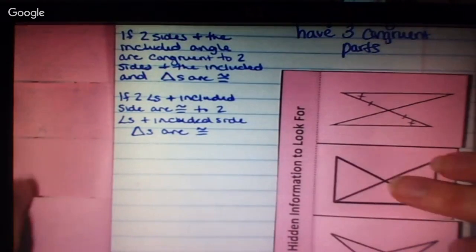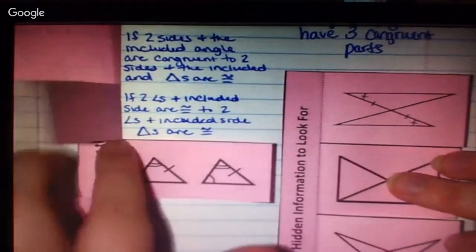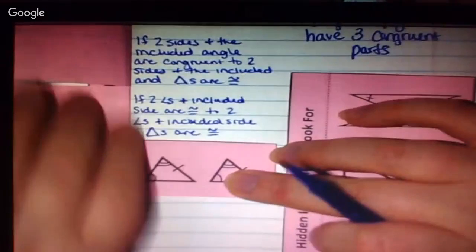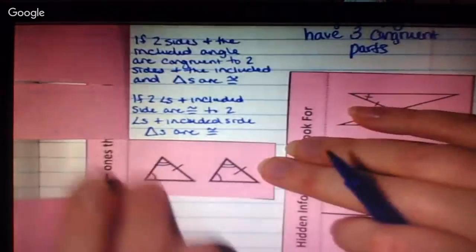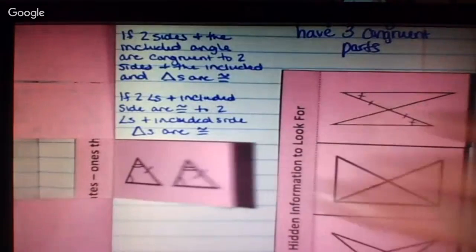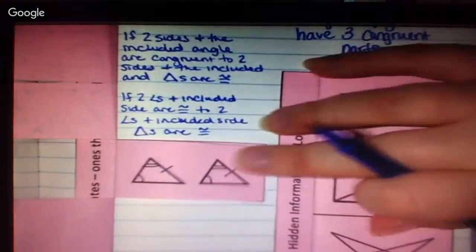The congruent sign is an equal sign with the similar sign above it. Okay? If you had to label this one,